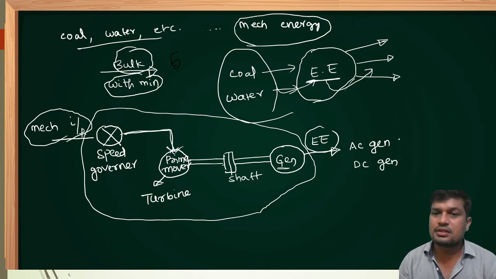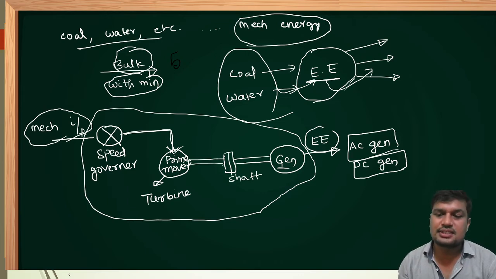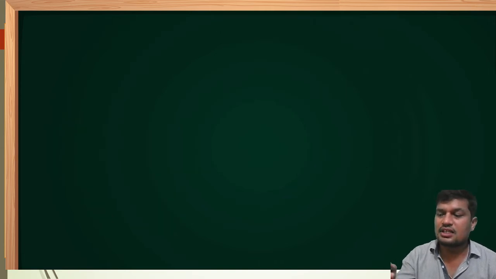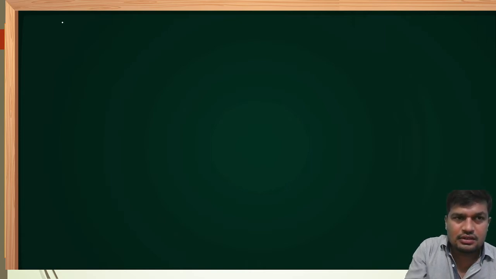Now you have a question, sir. AC generation of power is most popular compared to DC generation of power. What is the reason? This is one of the most common interview questions. Basics are more important. In every interview, you can find these basics. I will explain why DC generation has certain disadvantages compared to AC generation in order to generate bulk amounts of power. First, you have to remember one point, that is